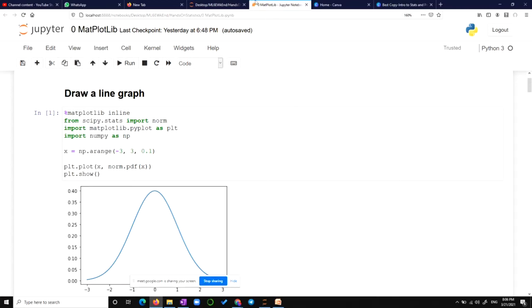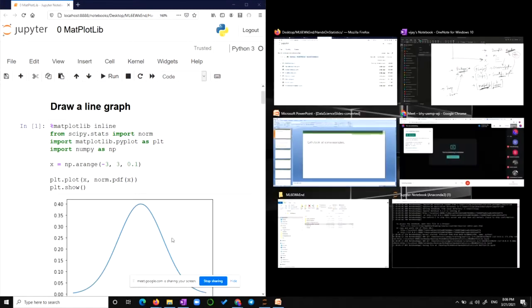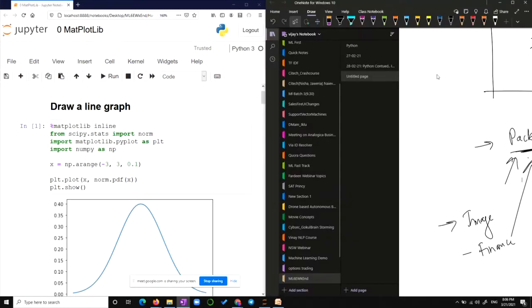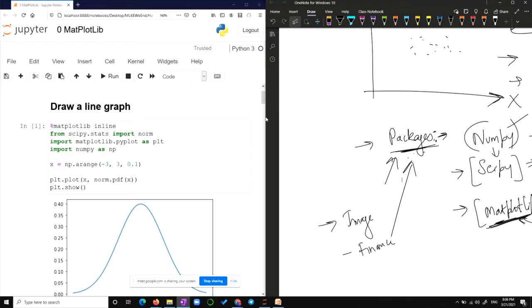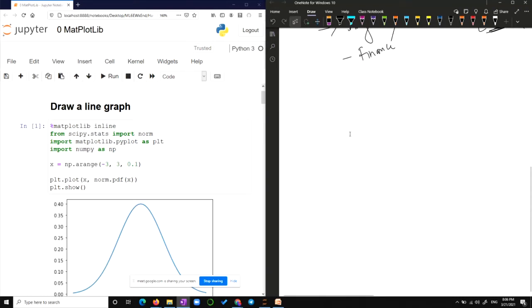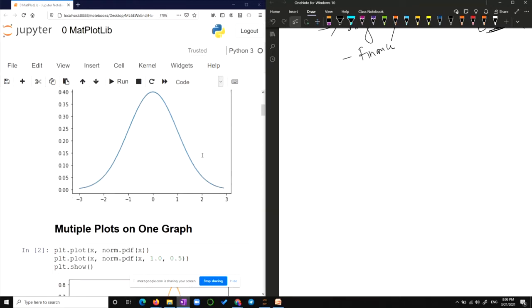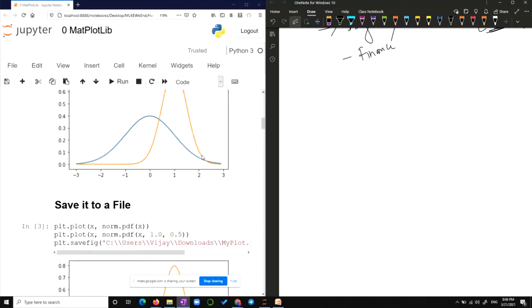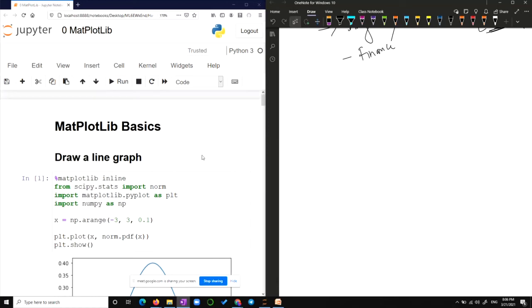Maybe I should pull this out and fix it here. The code is visible, whatever I'm writing here. This one is better so that I can write as well as explain.